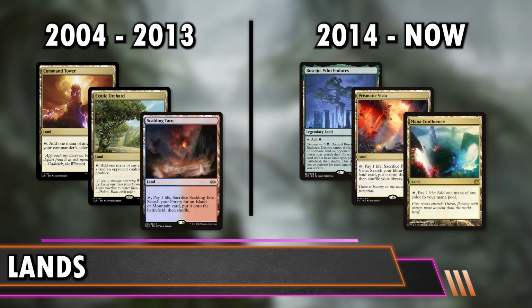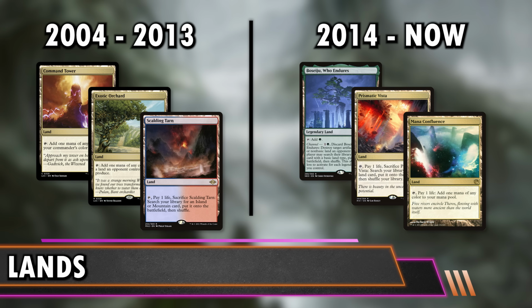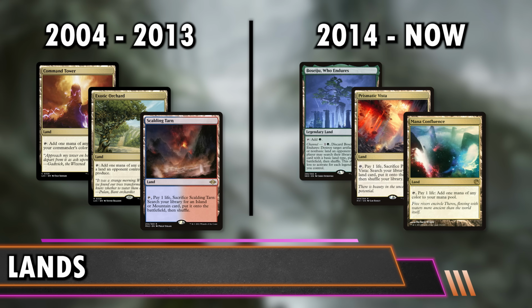I think it's close. It's close. Those are all so good. We've got Command Tower and Exotic Orchard as rainbows, Prismatic Vista and Mana Confluence as rainbows, although I think it's pretty clear Command Tower and Exotic beat out Prismatic and Mana Confluence. So that leaves the five enemy fetches from Zendikar versus the five Neon Dynasty channel lands. I think the channel lands are amazing, but I do think that the enemy fetches